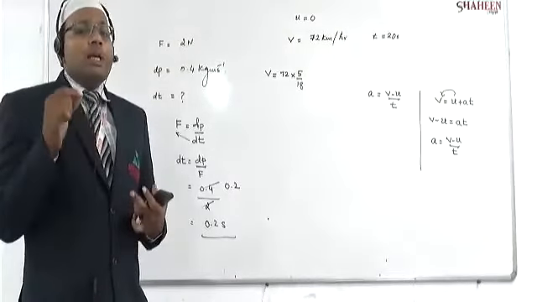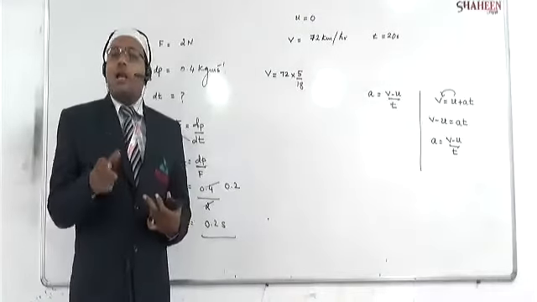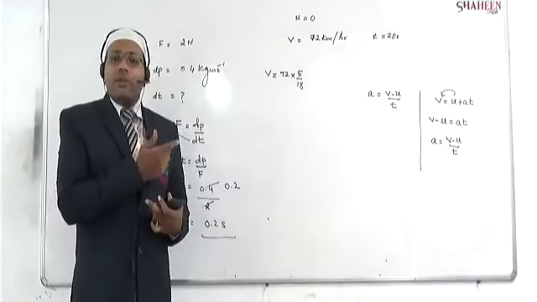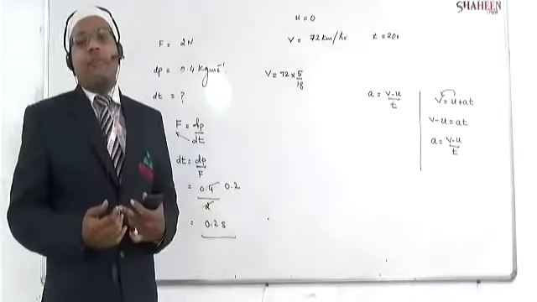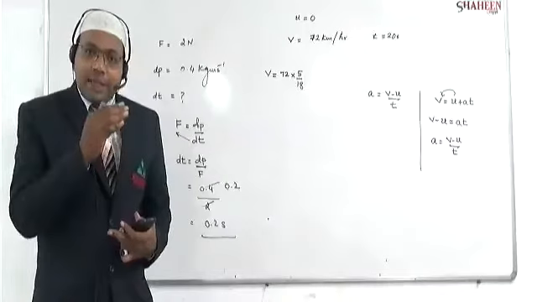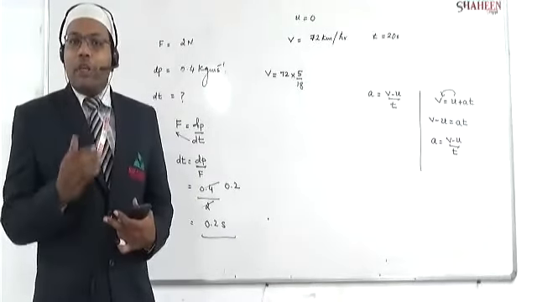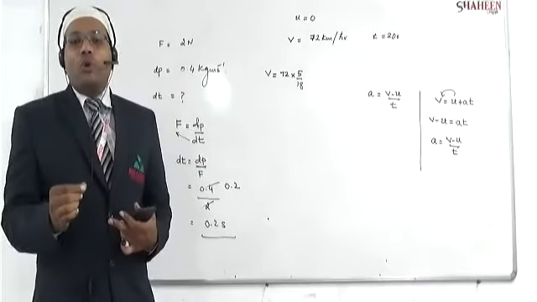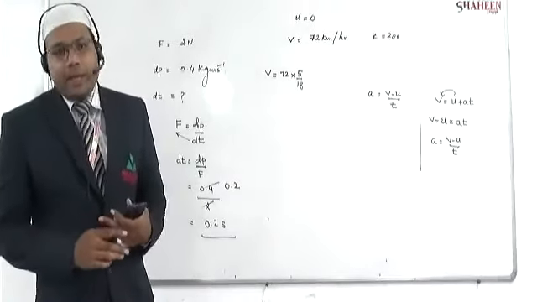You know beta, the SI unit is meters per second. If you look at the CGS unit, it is centimeters per second. But here it is neither your CGS system nor your SI system. It is some other unit, a practical unit, I can say. The practical unit is given as kilometers per hour. So we are converting this kilometers per hour into meters per second. In order to do that, you must multiply by 5 by 18.